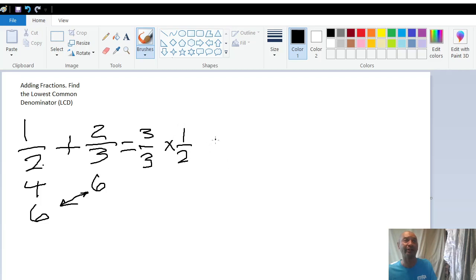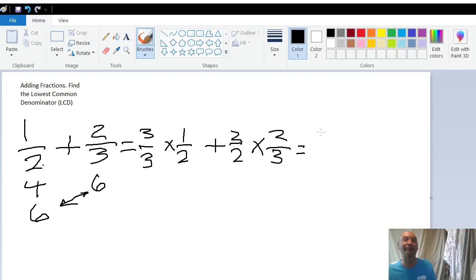And then over here on the second fraction, we had to multiply 3 times 2 to get 6. So it's 2 over 2 times 2/3. And those are going to equal